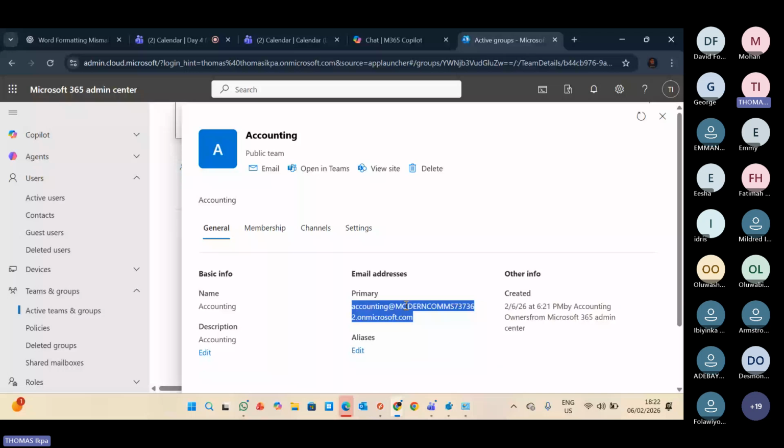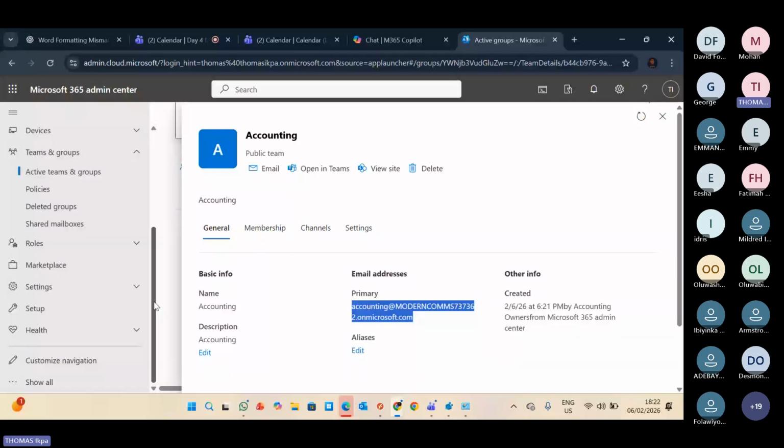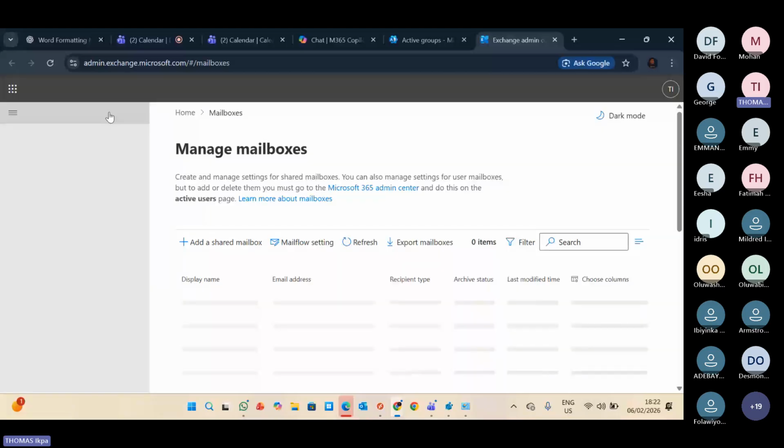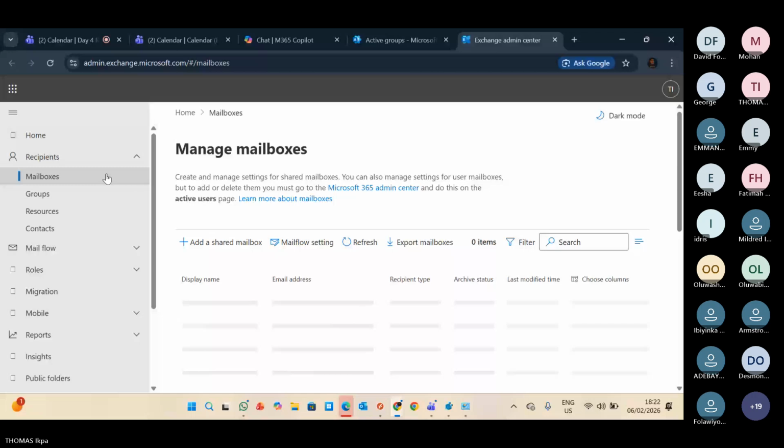So we are going to do a test. You see it. So let me go to my exchange. So I'll give myself permission to all 3 mailboxes. User 1, user 2, and the last user. So we can see how it works. Just hold on. So here, user 1,